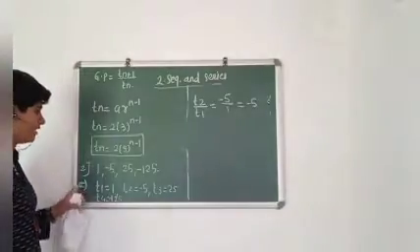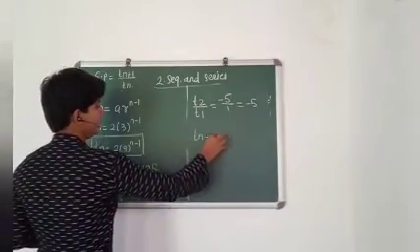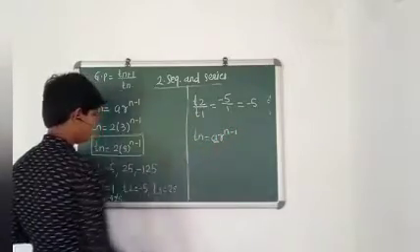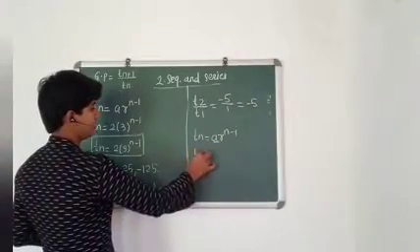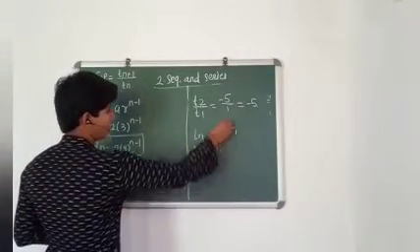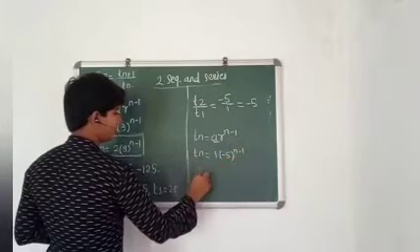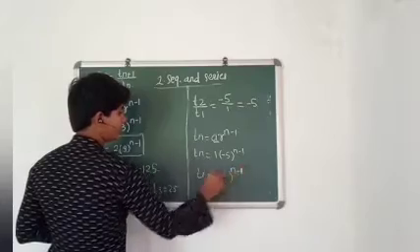So to find its nth term, Tn is equal to A into R raised to n minus 1. Substitute here, A means the first term. The first term of this sequence is 1. So Tn is equal to 1 into R, the common ratio, minus 5, raised to n minus 1. That means Tn is equal to minus 5 raised to n minus 1.